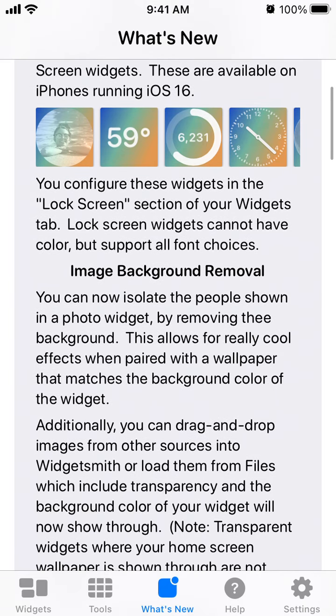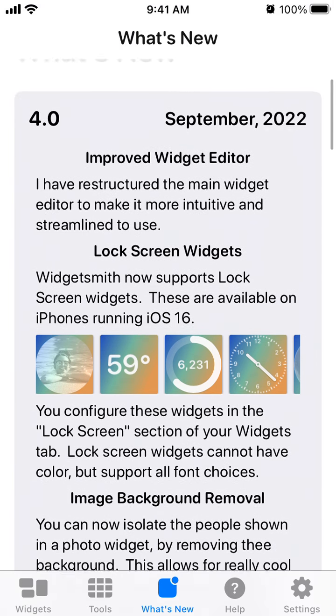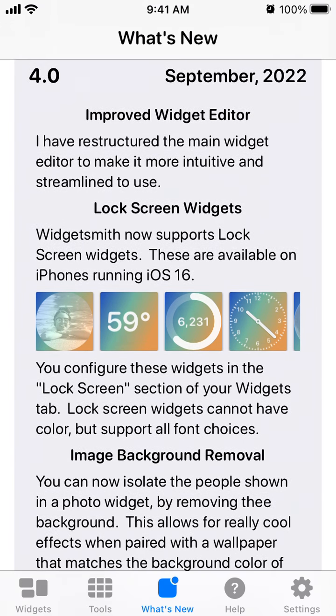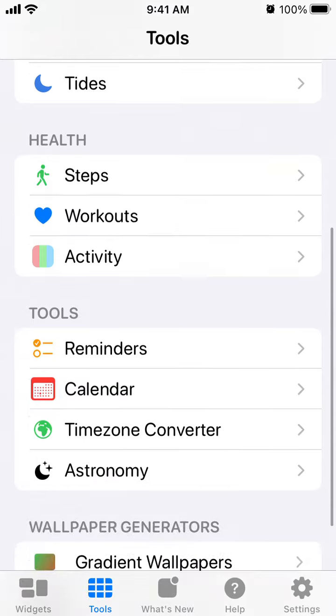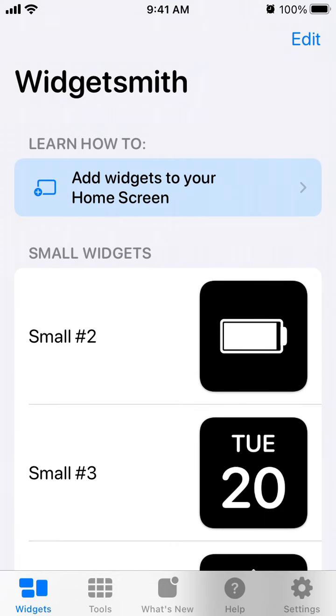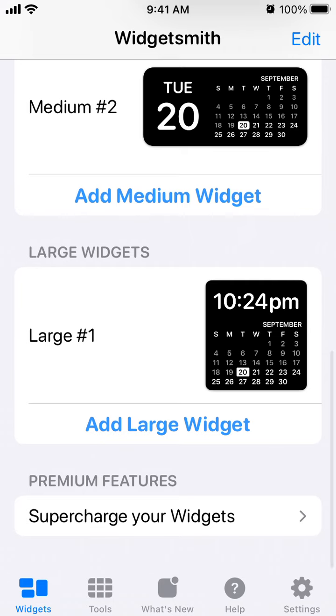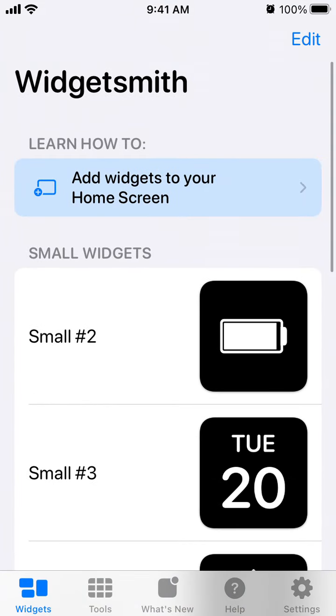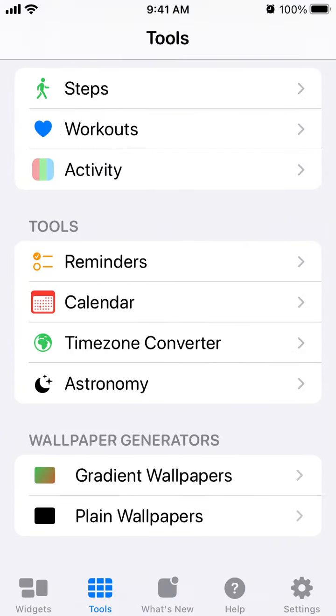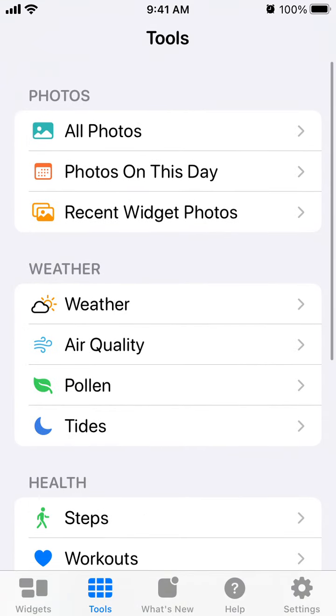So to install the widgets from Widgetsmith, you can configure these widgets first in the lock screen section of the widgets tab. Lock screen widgets cannot have color but support all font choices. So here you just have widgets, and you probably need to have iOS 16 to see this lock screen widget tab,